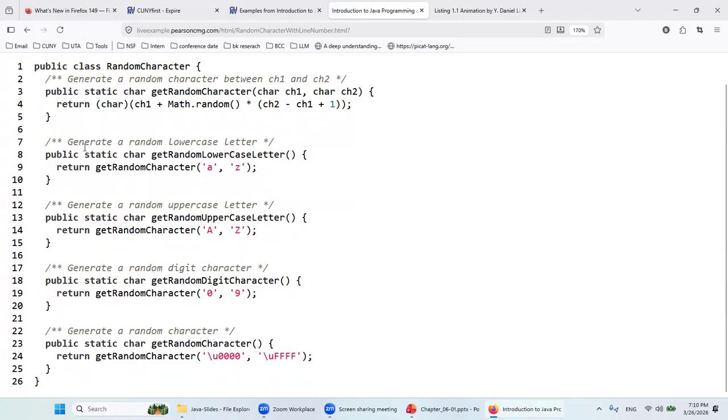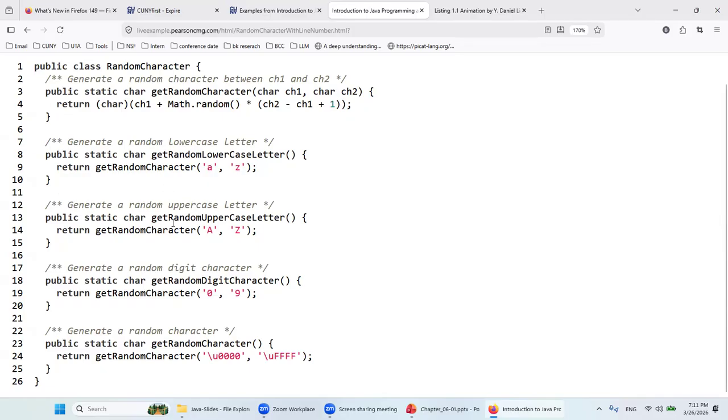And the second one generates a random lowercase letter. The parameter is void. That means we don't need to pass anything to it. But once we call this method, we will get a random character from a to z,